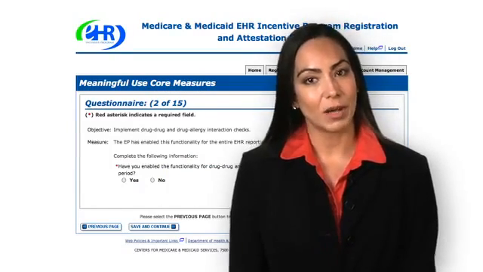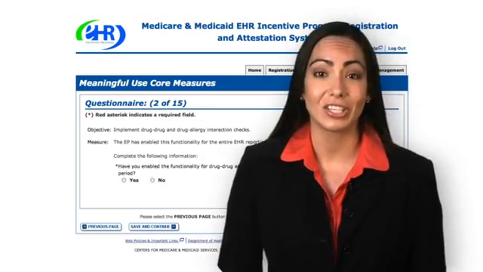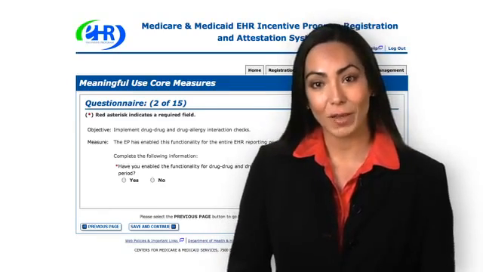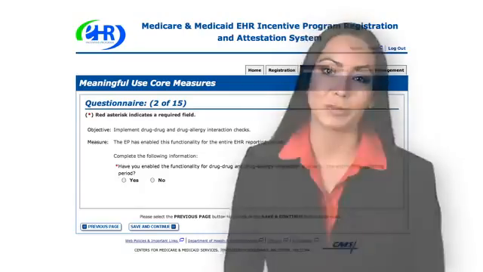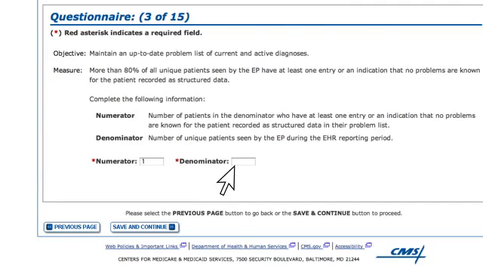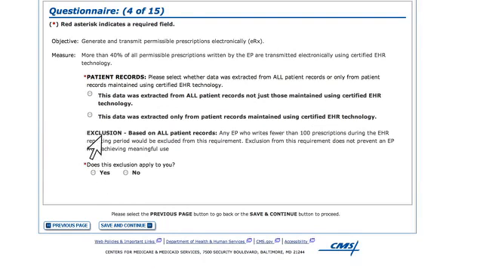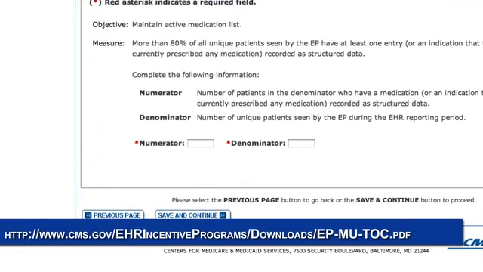Clicking the Save and Continue button will allow you to log out of the system at any time and continue your attestation later. All of the information that you have entered up to this point will be saved within the attestation module. You should continue to answer the remaining 14 questions on Meaningful Use Core measures. You must complete each question including all sections marked with an asterisk to continue. If you have any questions about any of the criteria, refer to the Meaningful Use spec sheets on the CMS